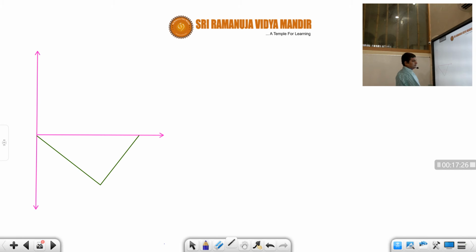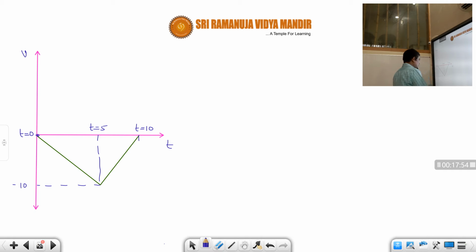Okay. So this is V and this is T. Now you can see students, the graph is completely below the time axis, correct or not? So at time t equal to 0, its velocity is 0. And let us say this is time t equal to 5 seconds. At time t equal to 5 seconds, its velocity is maximum, maybe 10 meters per second, but minus, towards the left side. And at time t equal to 10 seconds, again what happened? Its velocity has become 0. Okay students, I hope you understood this one.